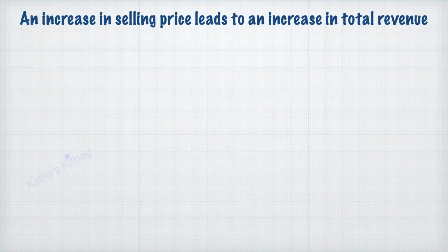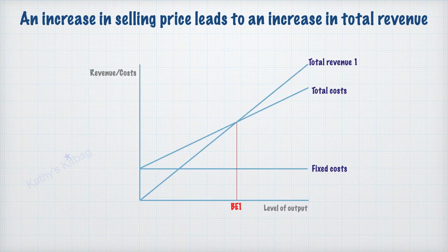And then we'll just have another look at a different scenario. So now we're going to assume that selling price is increasing, and see what that does to the break-even point. So again, we'll come in with our basic chart that we've been using all the way through, and then we'll have a look at what happens when we draw in a new revenue line. So selling prices increase, so for each unit they're going to be getting a little bit more revenue coming in. So you will see that the line for